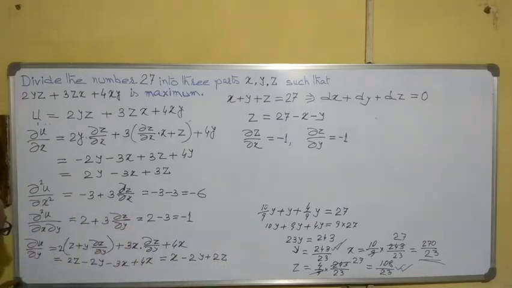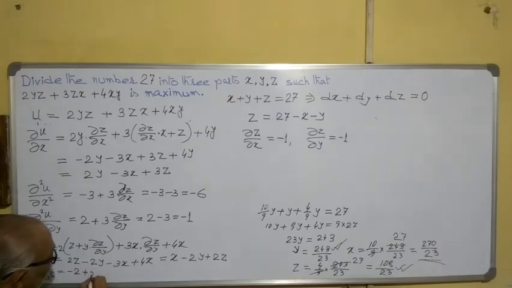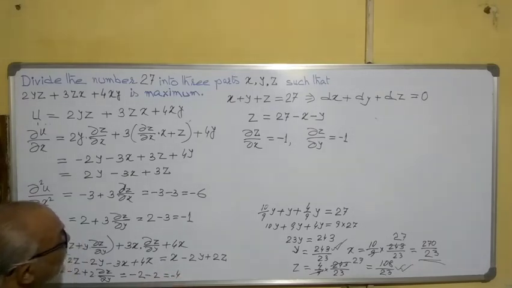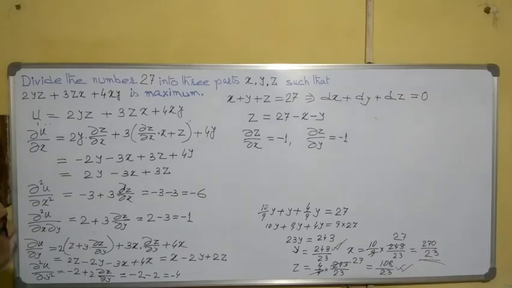This we are getting. One more thing is required, you know del 2u del y square. That is, we are differentiating this one with respect to y. x is 0 minus 2 plus 2 into del z del y, and you know del z del y is minus 1, so equals to minus 2 minus 2 equals to minus 4. So what we are getting, that is